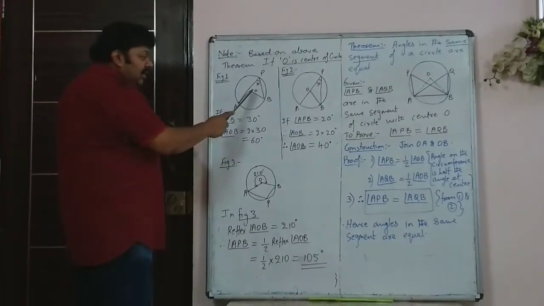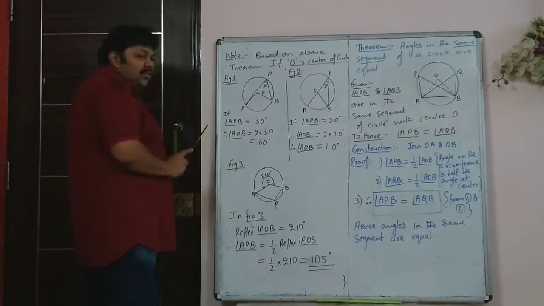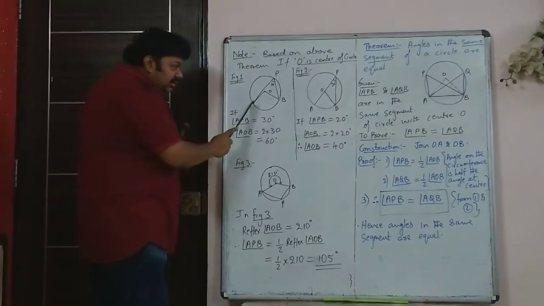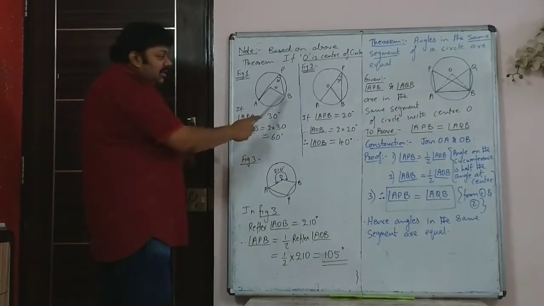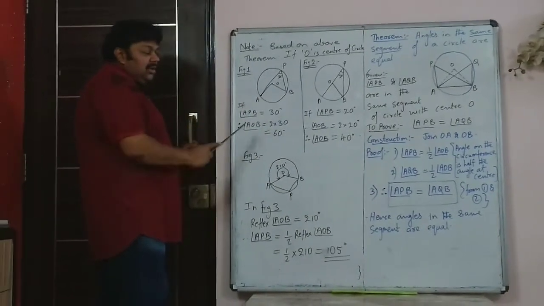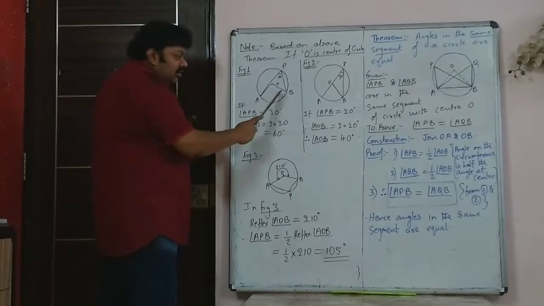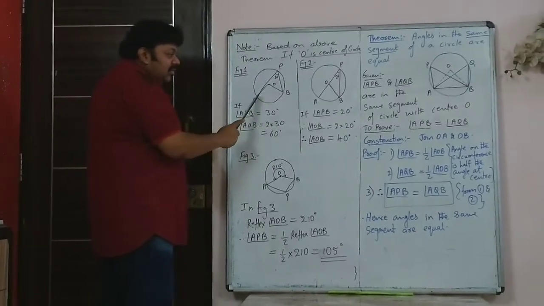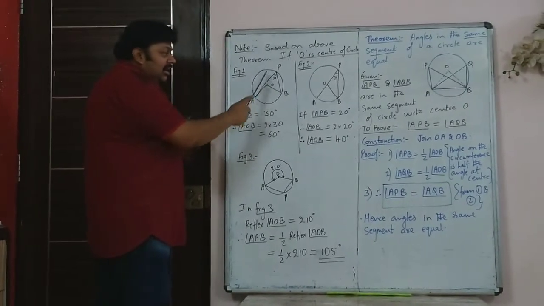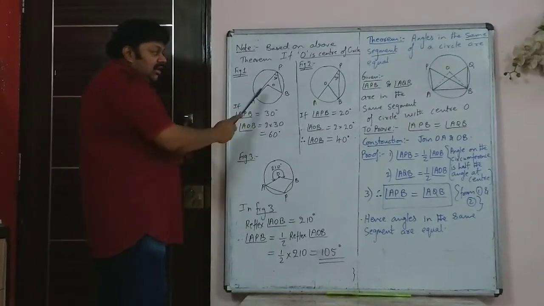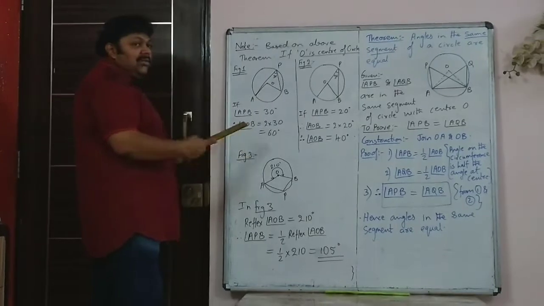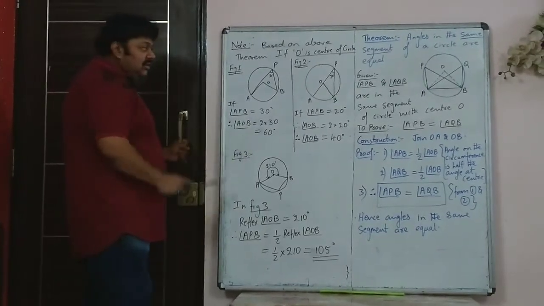So you have O as the center and P is a point on the circumference, and see here again A and B are the endpoints of angle AOB and also APB. So the segment in front, or the chord in front, is common for both angle AOB and APB. So if you are given APB is 30 degree, then the angle at the center will be double of that, so it will be 60 degree.